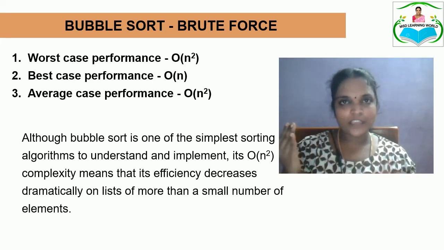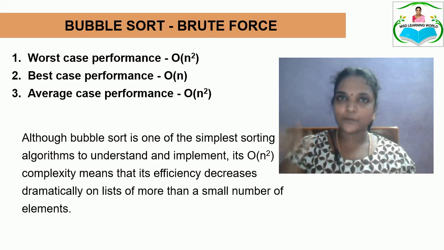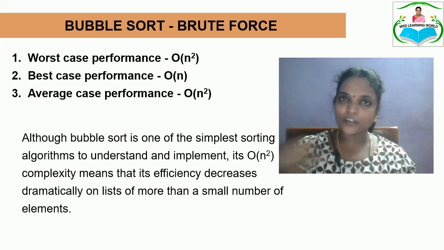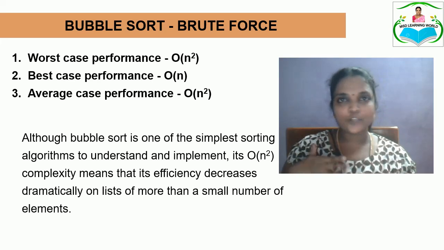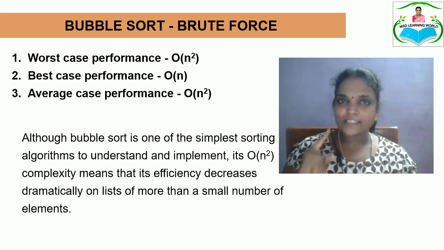In the worst case, the outer i loop and the inner j loop are going to be executed n times. So n into n, it is order of n square. So the worst case complexity is order of n square. Coming to the best case, you assume that all the array elements are already in sorted order. When you perform the comparison, there is no need to swap. So the inner j loop logic is not going to be executed n times. The outer i loop alone will be executed n times in the best case. So the time complexity of the best case analysis is order of n.